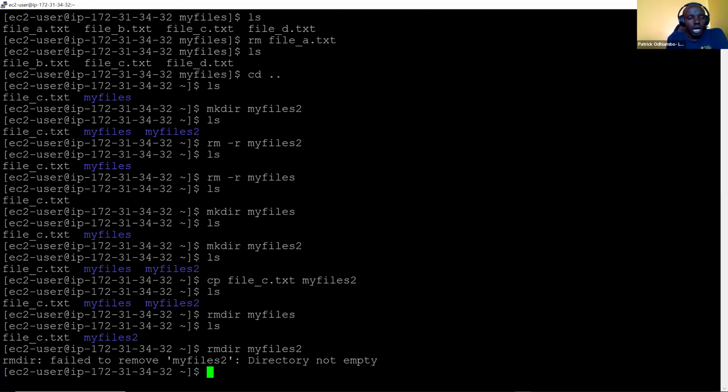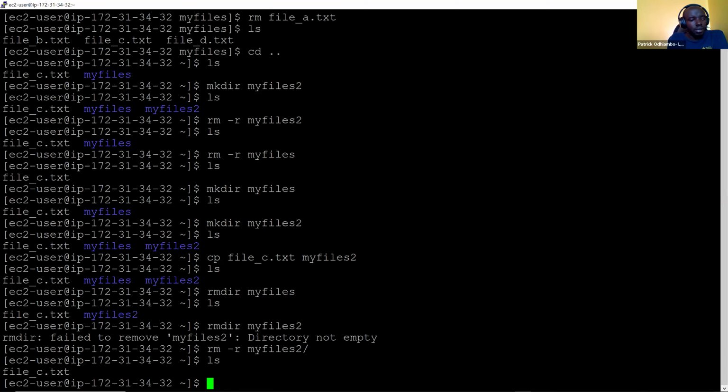So let us do rm -r. I believe -r is for recursive. Then tab to complete, enter, and that is now gone. ls, boom, it's gone. We are only left with our file_c. So that was also an important thing for you guys to see.